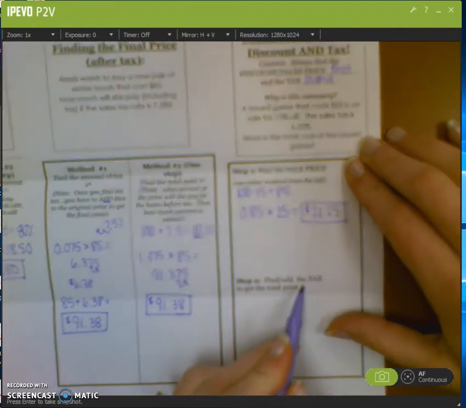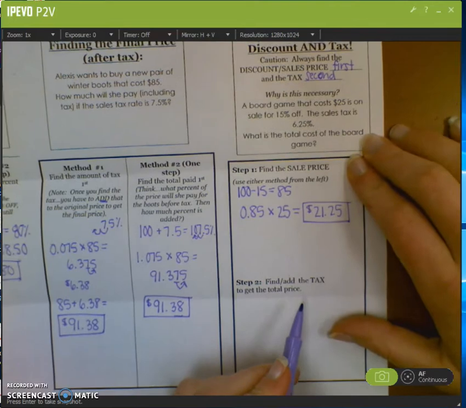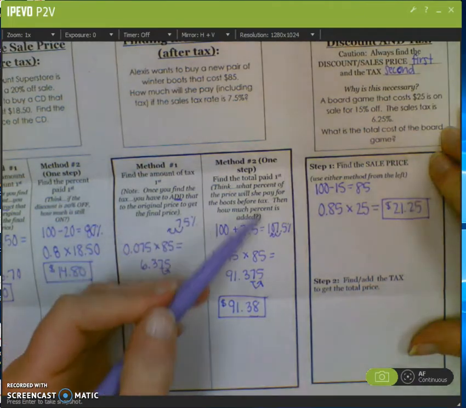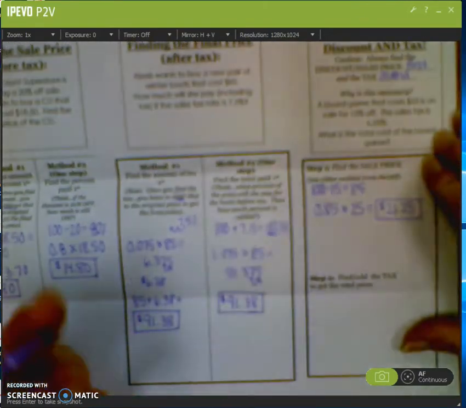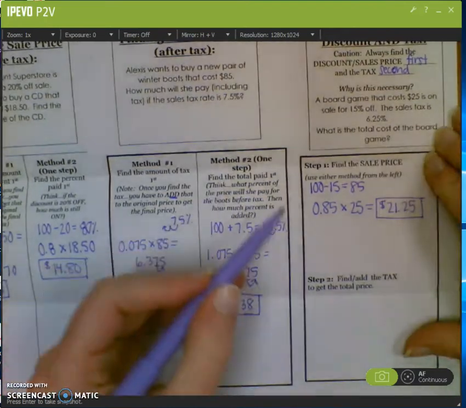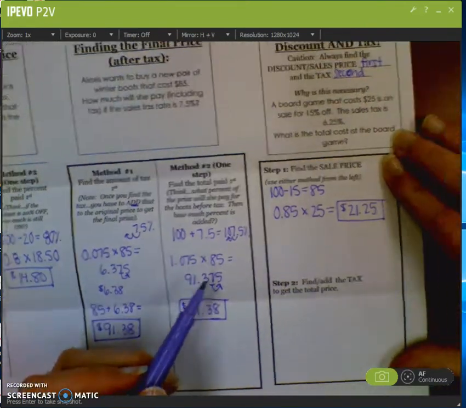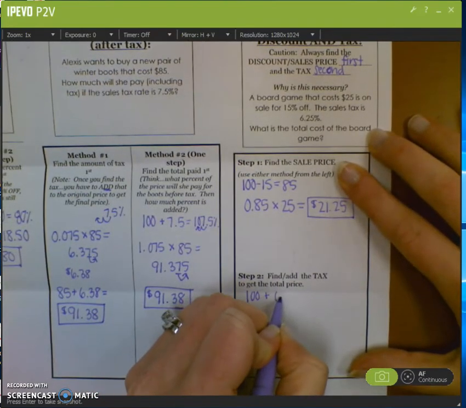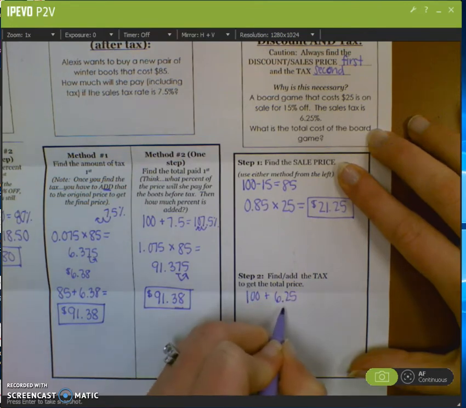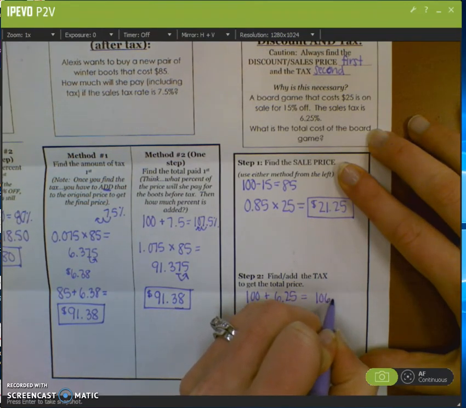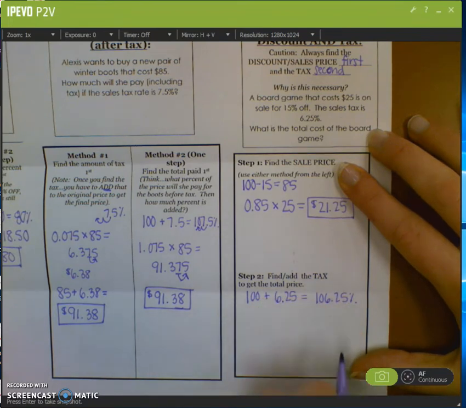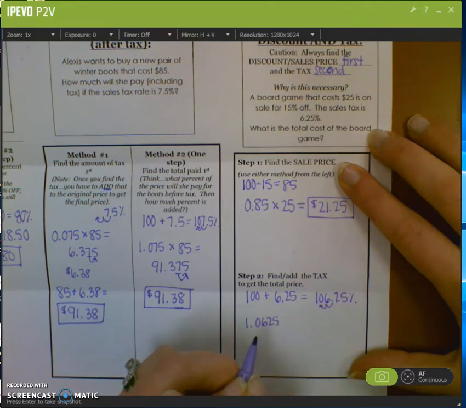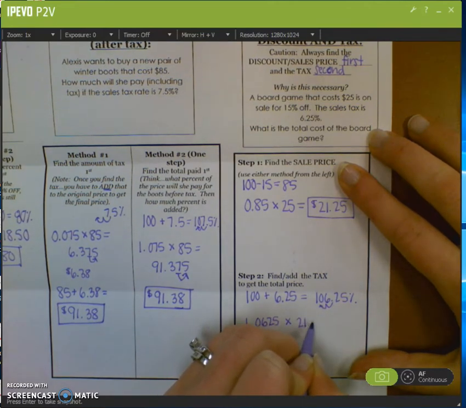And then sales tax, find and add the tax to get the total price. So again, if you use method 1, you're going to find the tax and then add it. If you use method 2, you're just going to figure out how much they pay total and then multiply by that percent. So I'm going to use the one-step method, method 2, and I'm going to say, well, 100% is what they're going to pay of this total, plus 6.25% equals 106.25%. So now I'm going to move my decimal, rewrite it as 1 and 625 10,000ths times the new cost,